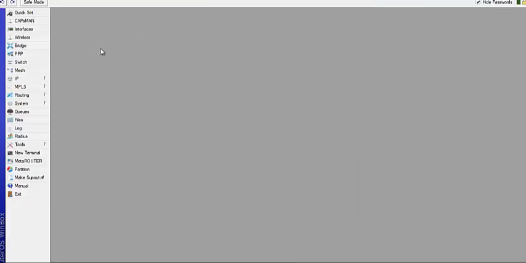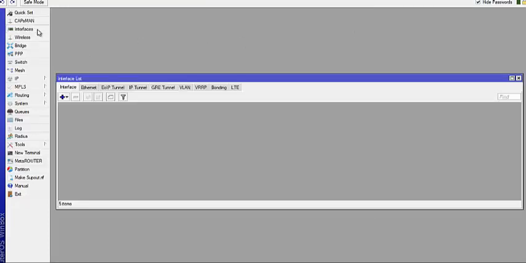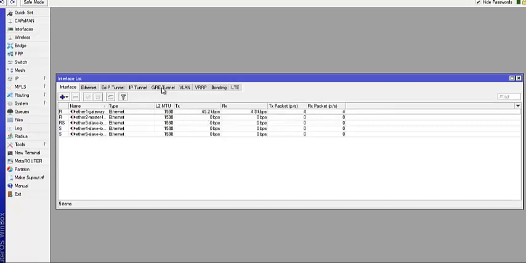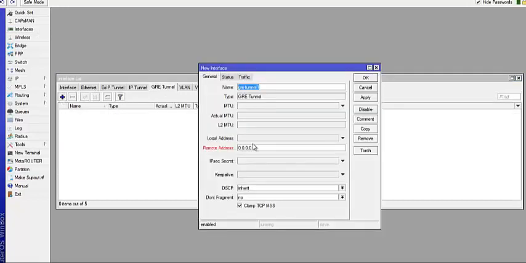Now I'm going to go over to interface, and then I'll click on GRE tunnel and add. Then the remote here, this is 1.1, so the remote IP is going to be 192.168.1.2, and my local IP is 192.168.1.1. Okay, so here I can put the secret key that I just created in my IPsec.